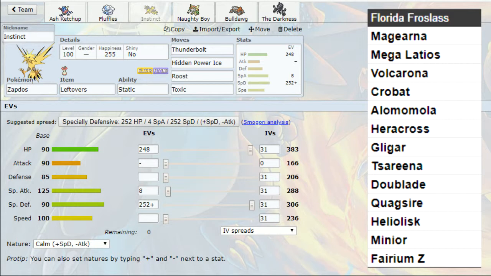So the Zapdos' job is just to try to stall with Toxic and Roost, get a lot of damage with Toxic. Thunderbolt is of course to deal as much damage as possible, and Hidden Power Ice is there pretty much just for the Gligar and the Serena maybe,